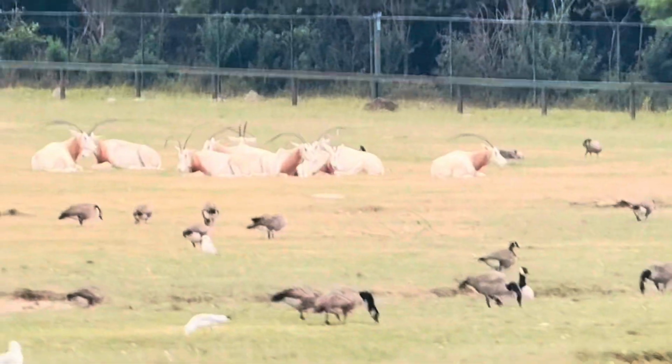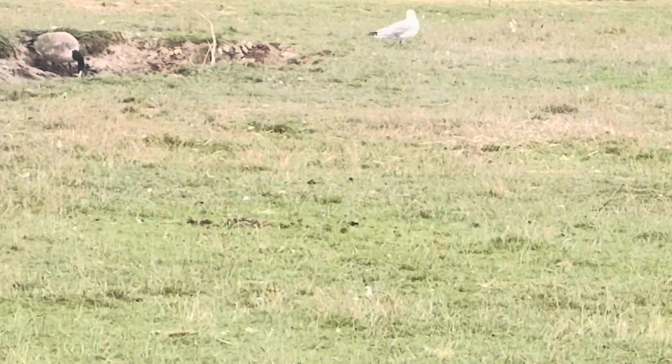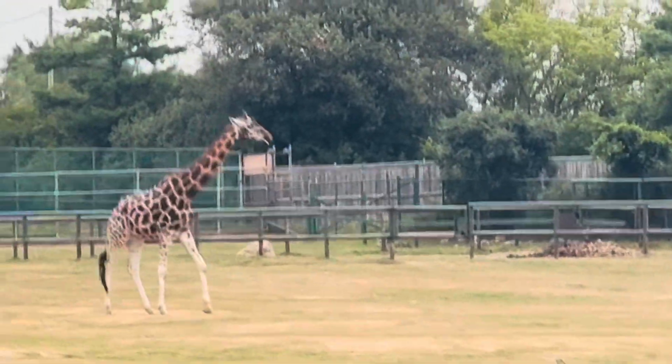A lot of our giraffe look like they're on the move. Fuzzy tips on the top of their heads. They're skin covered. These are not horns or antlers. These are actually...